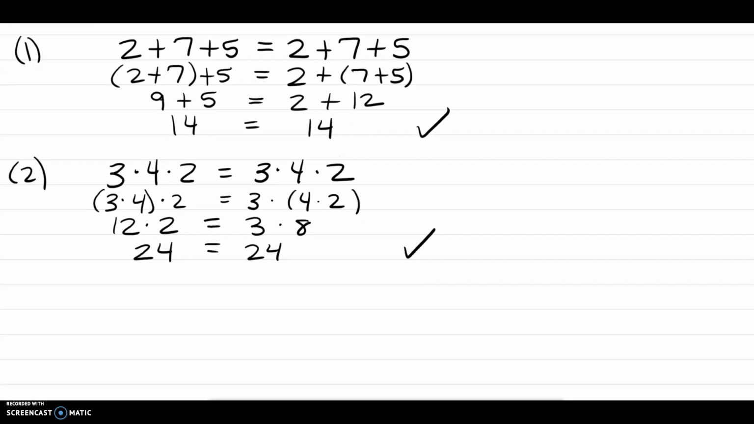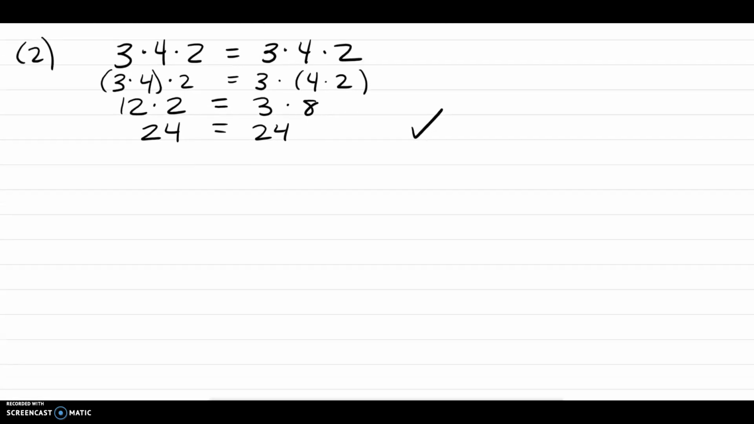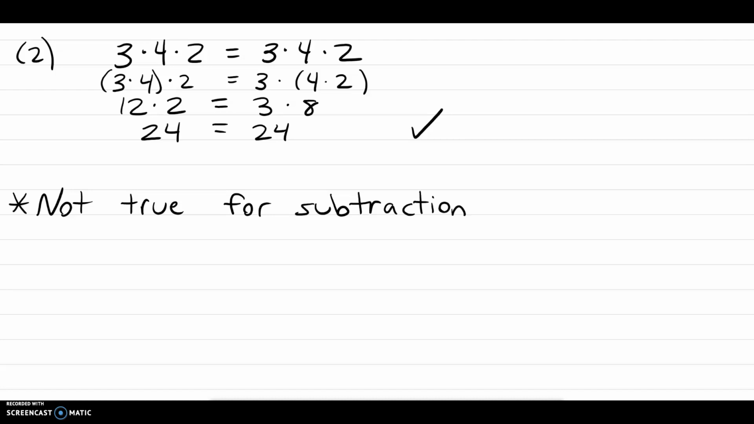And again, this property only works for addition and multiplication. This is not true for subtraction or division. So as an example, let's take a look. If I have 3,